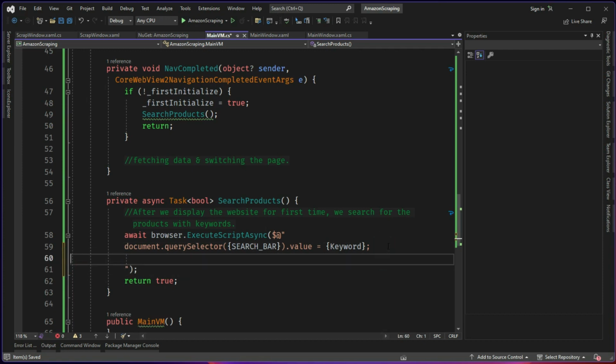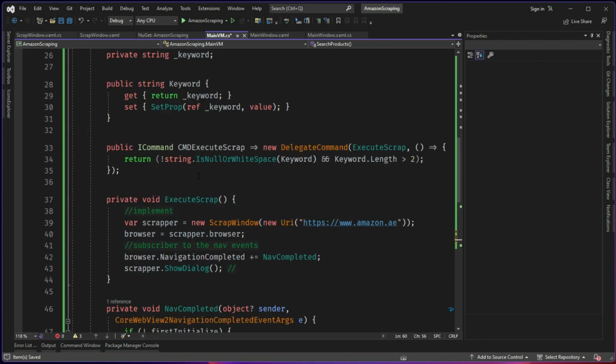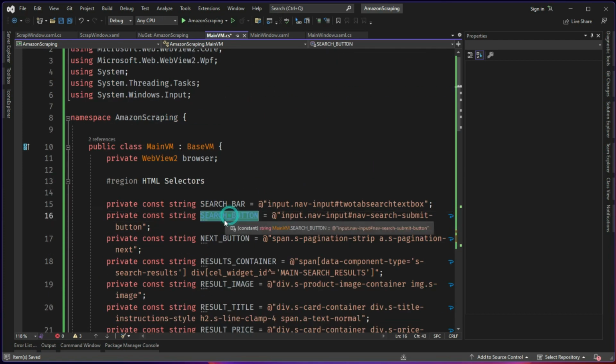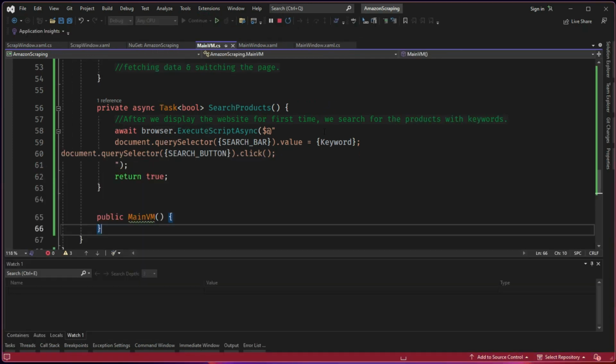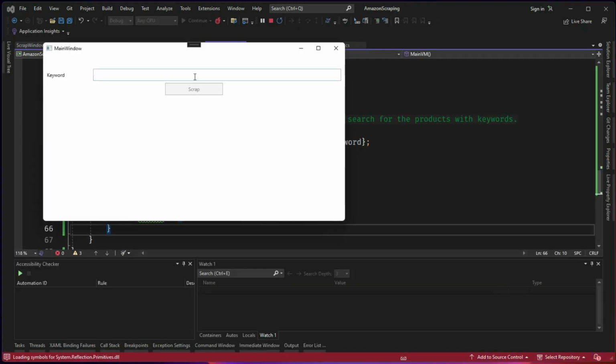So this is my line 1, and in the second line I will do the same, but after I apply, I need to search for the search button, and for the search button I'm not going to add a value, but I'm going to perform click. Okay, there we go. So now what should happen whenever we search something? It should execute these two queries. So let's do headphones, enter,